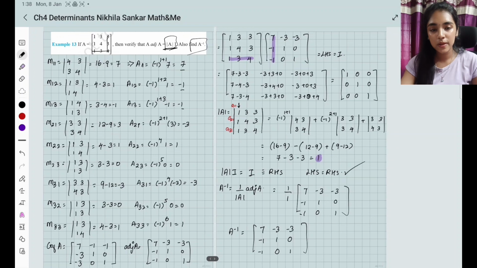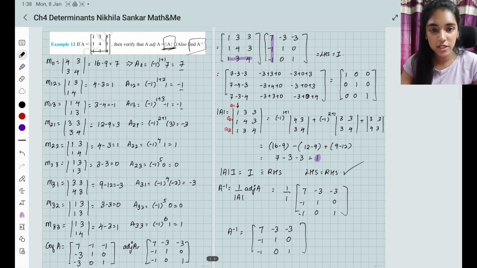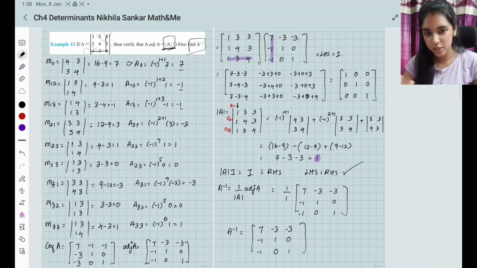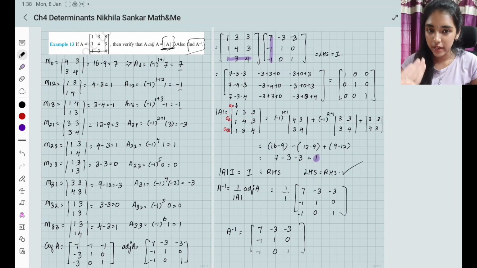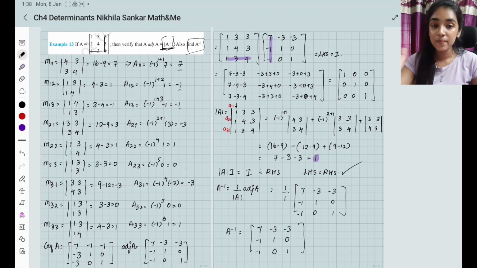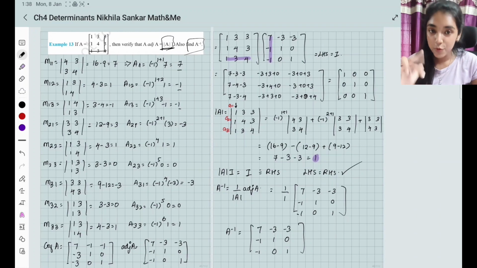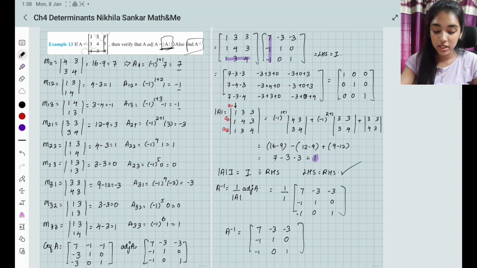Okay, very very simple. Without using the elementary method, you can directly solve A inverse using 1 by determinant A times adjoint A. Okay, for that, what do we first need to find? First find the minors, then the cofactor matrix, then the adjoint matrix which is the transpose of the cofactor matrix. After that find determinant A, then find the A inverse. Okay, simple. Please copy.